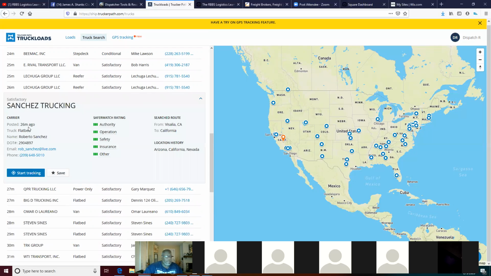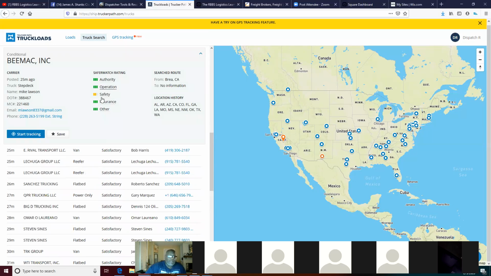When you click on one of these guys, it pulls up all the information that tells you everything you need to know about them. The authority, green light. The operations, green light. The safety rating, green light. The insurance, green light. Everything's green light. Now, if one said conditional, you're going to have a yellow light somewhere in that bunch. There's a yellow on safety, which means he might have had 1 or 2 incidents where it was questionable, maybe an accident or something.